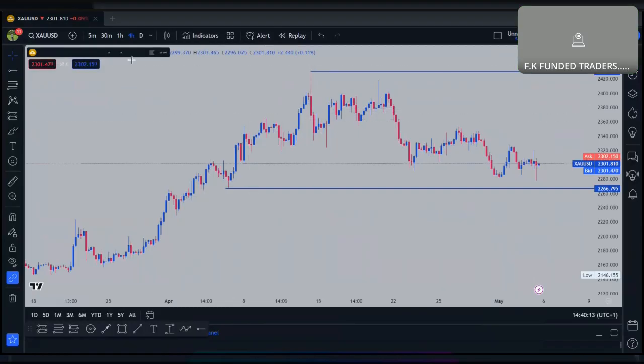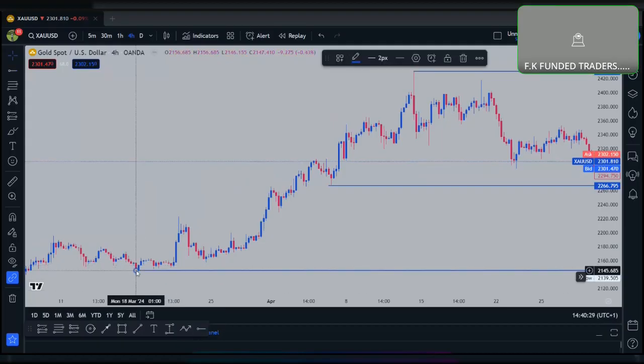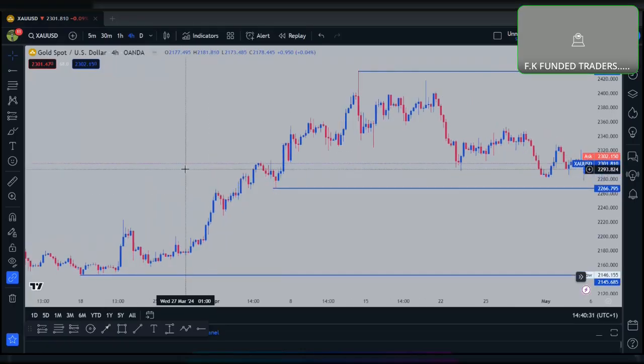So this is where we are on our 4 hour time frame. Since the market is now giving us a support and resistance level, we have to get a backup area. And that backup, we shall indicate using the price action.